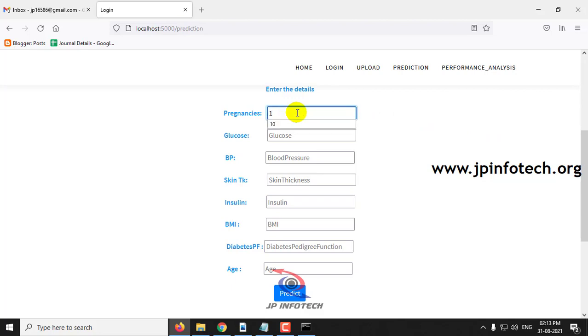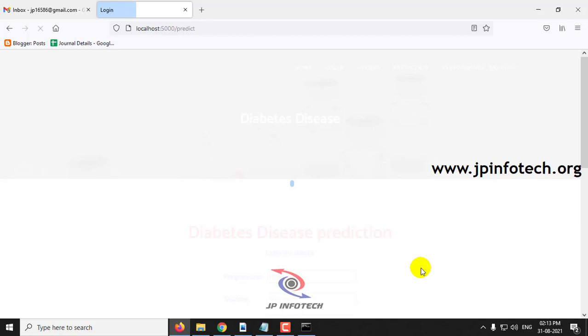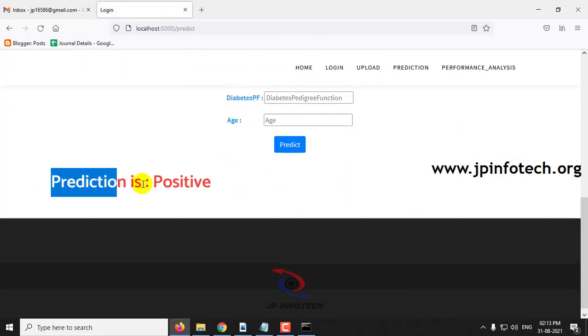Pregnancy 10, glucose 129, blood pressure 62, skin thickness 36, insulin 0, BMI 41.2, diabetes pedigree function 0.441, and age 38. Now let me predict for this value.